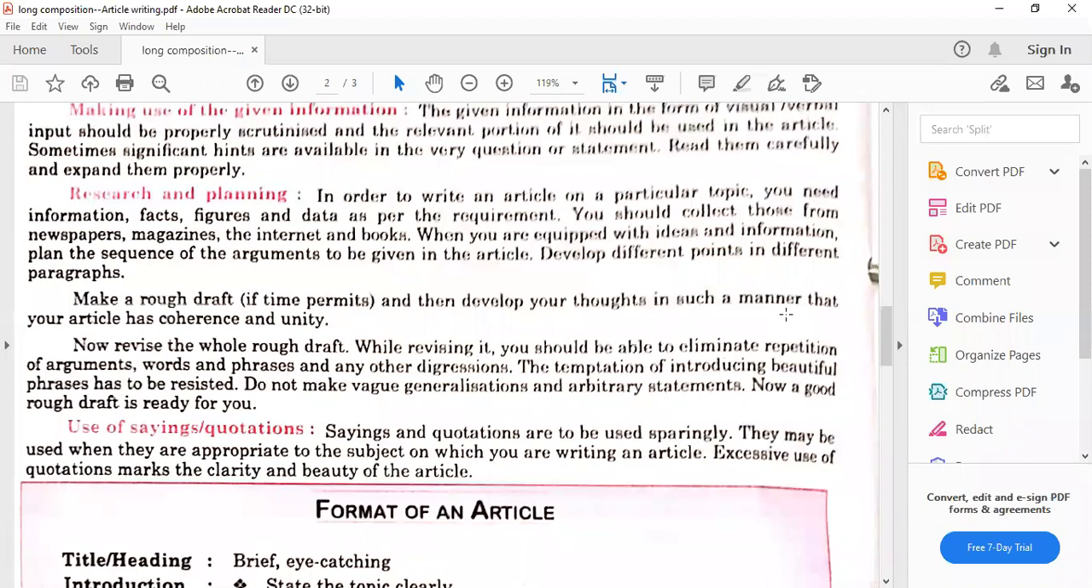While revising it, you should be able to eliminate repetition of arguments, words and phrases, and any other digressions. The temptation of introducing beautiful phrases has to be resisted. Beautiful phrases को लिखते लिखते कहीं ये ना हो कि गलत words लिख जाओ, कि गलत phrases use कर जाओ, which should not make the meaning clear, because your sentences and your idea should be very clear. It should not be ambiguous, no difficult and high sounding words should be used. Use simple language, simple words. Don't make vague generalization and arbitrary statements, that is artificial statements जिसके बारे में आपने कोई verification नहीं करी है,